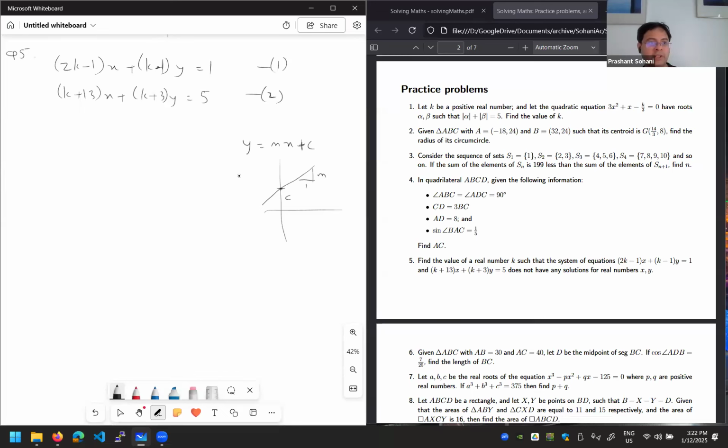Okay, so the idea is we first convert the first equation into the standard y equals form. For that, I need to divide. I'll take this to the other side, so I'll write k minus 1 times y, and the coefficient of y needs to be 1, so I need to divide it with that. Okay, and I can do very similar thing to the other equation also to get y is equal to,